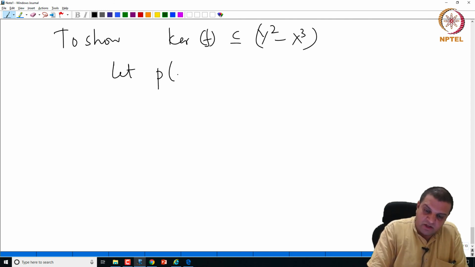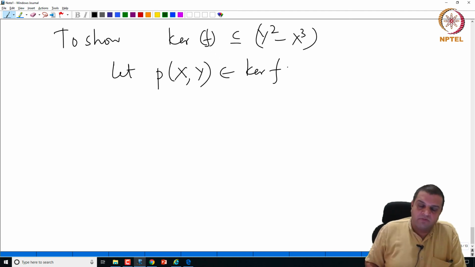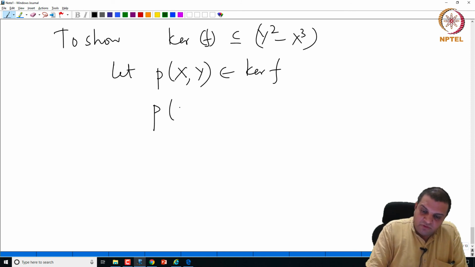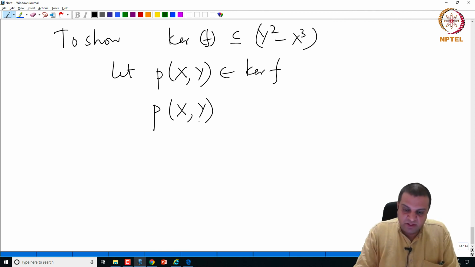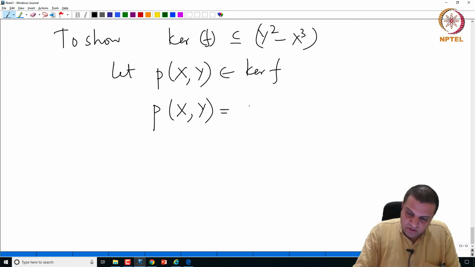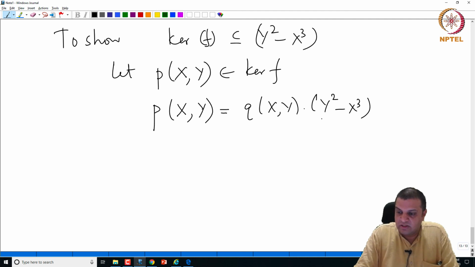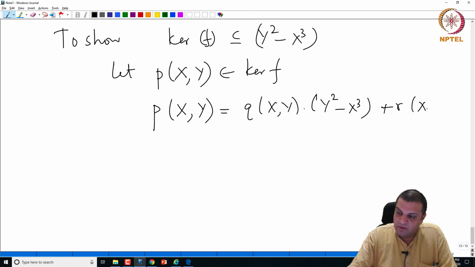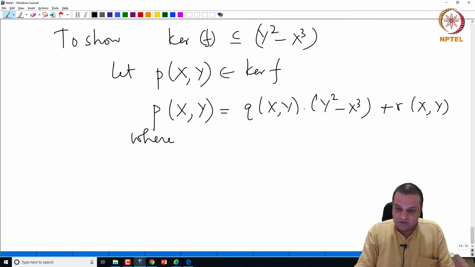So take an arbitrary element here. It's a polynomial in 2 variables. Now the point is, if you take a polynomial in 2 variables, one can think of it as a polynomial in the variable y, where the coefficients themselves are polynomials in x. One can write this using the division algorithm as a polynomial times y square minus x cube. All that we have used here is that this is a monic polynomial in the variable y, plus some remainder polynomial r of x, y, where